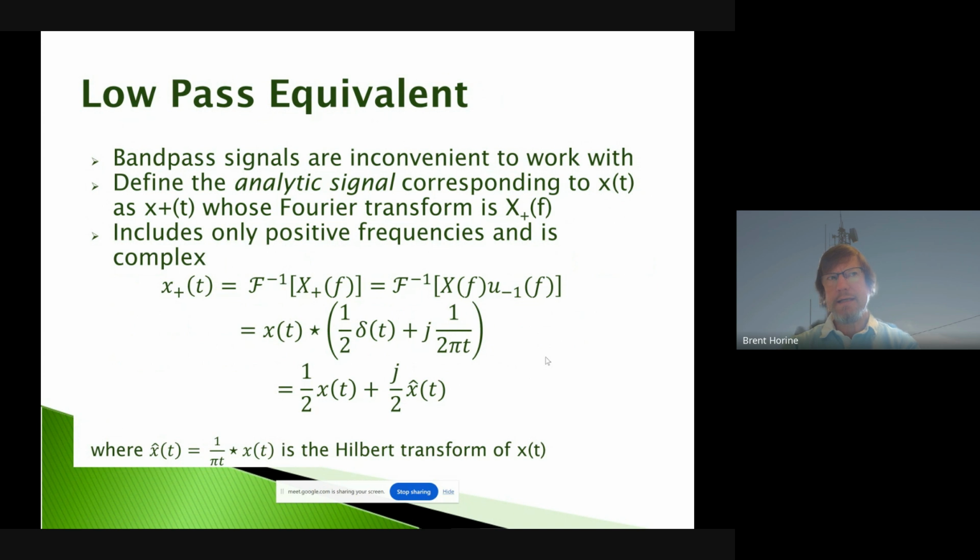But the information content is really only about, it gets complicated, but let's just say it's a megahertz, right? So it's many orders of magnitude less than how fast that carrier is evolving. But if we are focused on the data, but we're having to drag along that 2 gigahertz signal, then